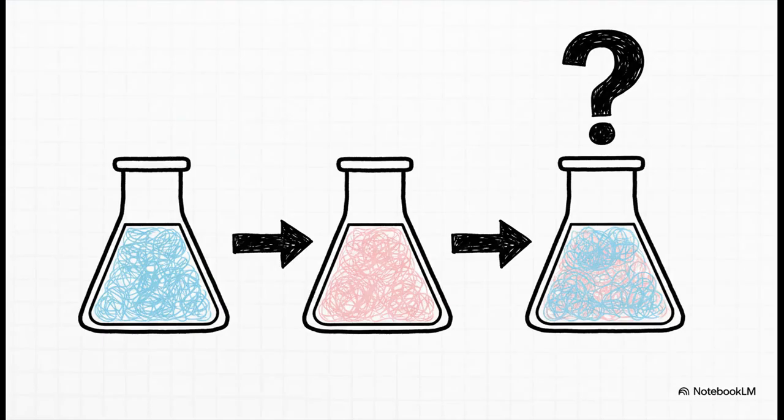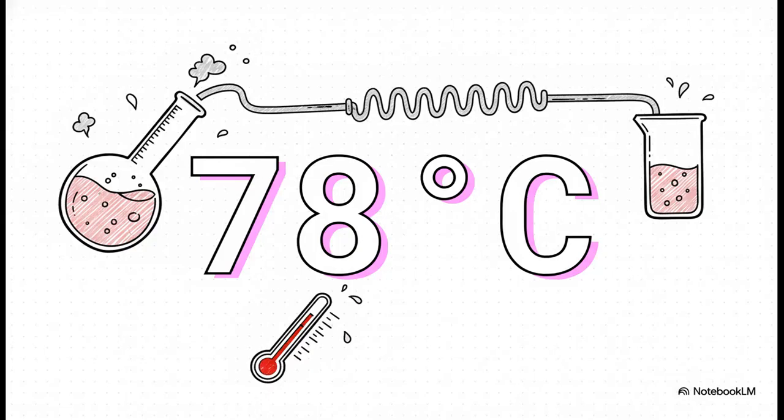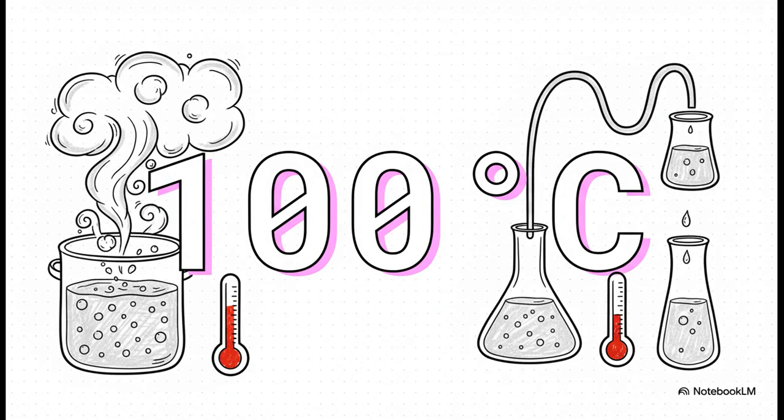So a perfect real-world example is separating ethanol, alcohol, from water. If you mix them together, they look like one clear liquid. How in the world could you possibly separate them again? The whole secret is hidden in their boiling points. See, ethanol boils at just 78 degrees Celsius. Remember that number. Because water, of course, boils at a much higher 100 degrees Celsius, and that difference is our